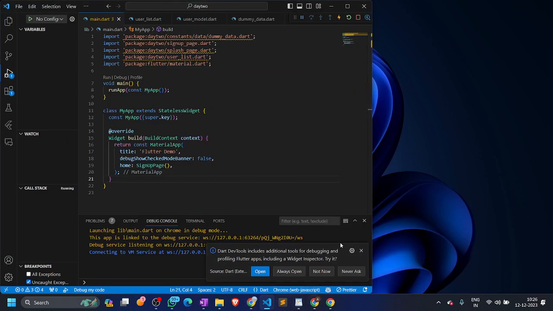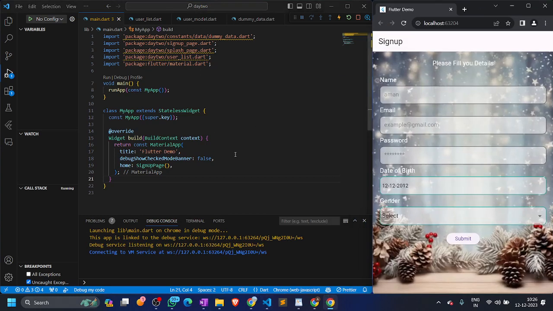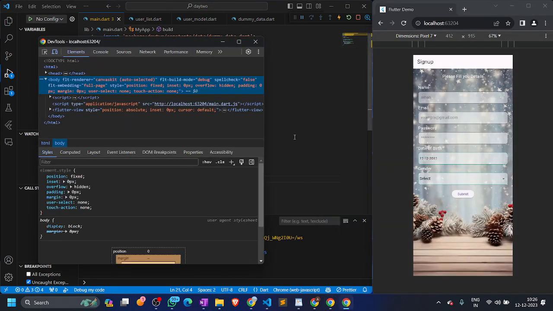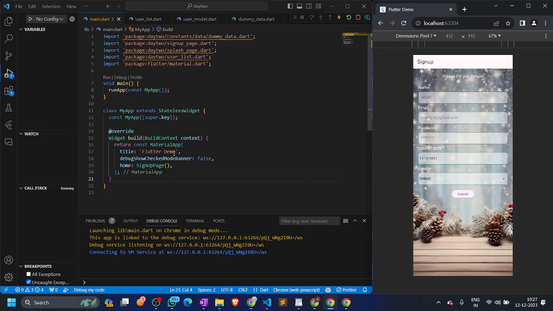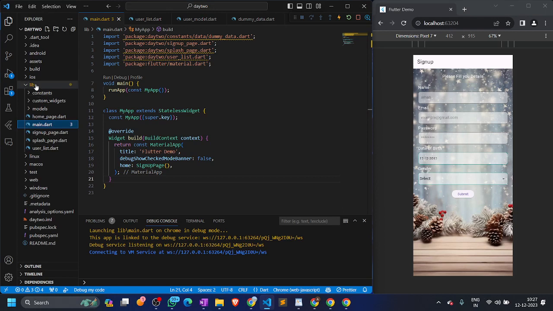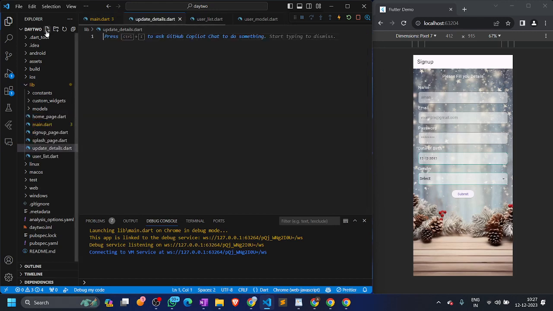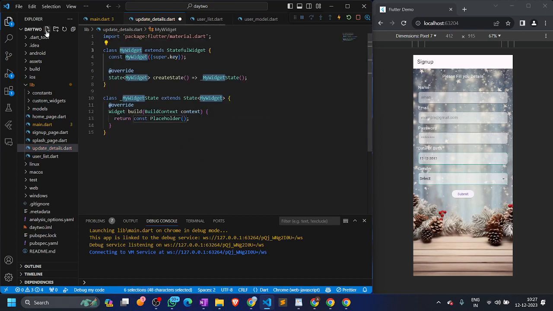Here is our day 2 task where we created the sign up page. Okay, we want these data here because we will fill this data only, and then that's when we'll update it. But we will create a different page for it, and we'll name the page update details. Okay, let's create a stateful widget because of course these forms and etc. will obviously need a stateful widget. We'll call it